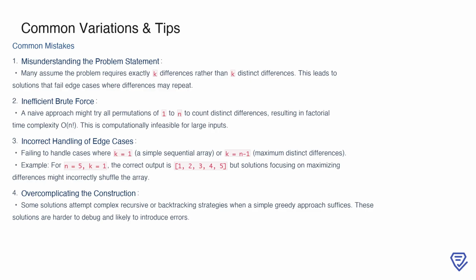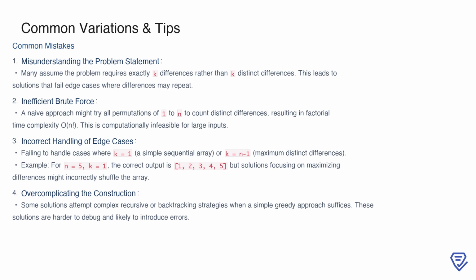The goal is to create exactly k distinct differences, not just k differences. Some solutions fail because they allow repeated differences, which doesn't satisfy the problem constraints. Another frequent pitfall is using a brute force approach to generate all permutations of numbers from 1 to n and then counting the distinct differences. While this might work for small inputs, it results in factorial time complexity, which is completely impractical for larger values